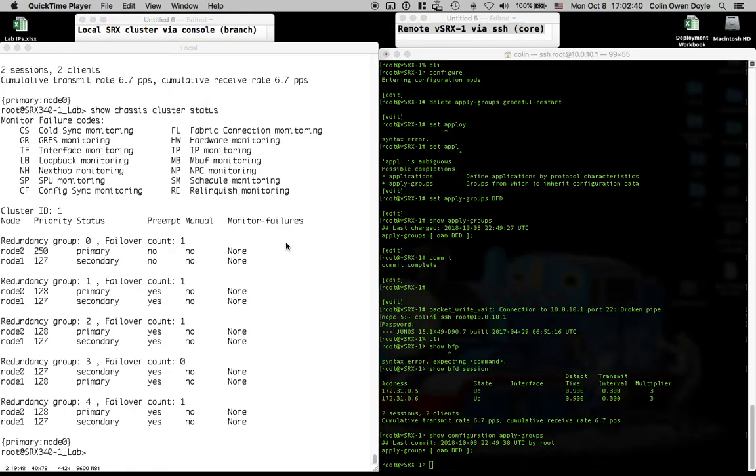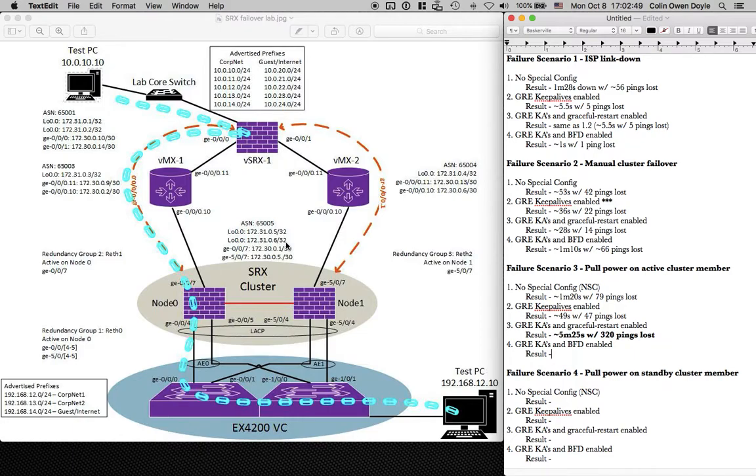All right. The final test I'm going to do before I start uploading. I will eventually get around to testing paths through Node 2. Largely, you're going to see the same types of results. I know I have another failure scenario defined here, but I'm going to have to change the way the lab is built a bit. Not physically, just more logically, because I don't know that that would be a very interesting test unless my path was going through Node 1, which is quite easy to do.